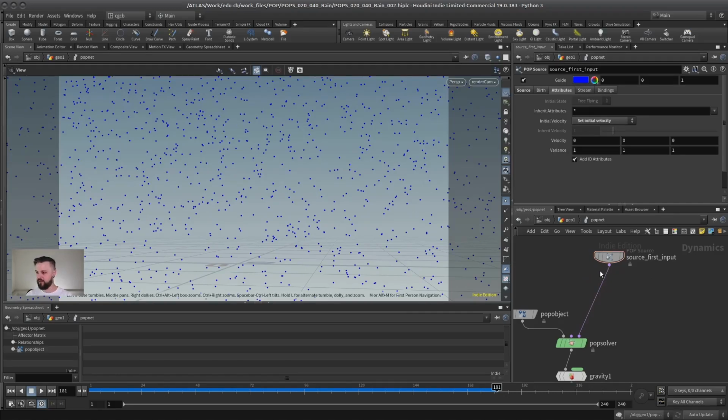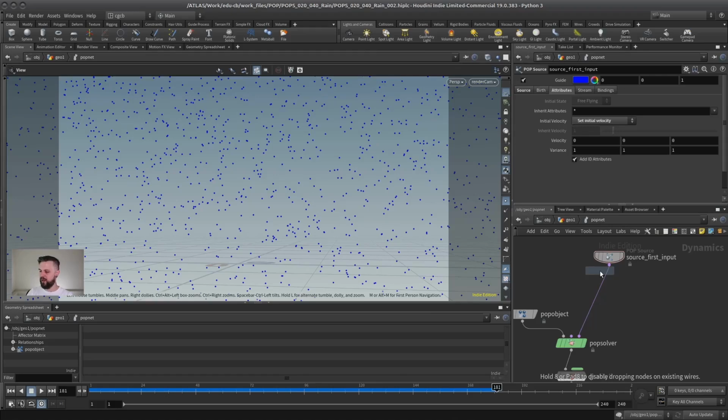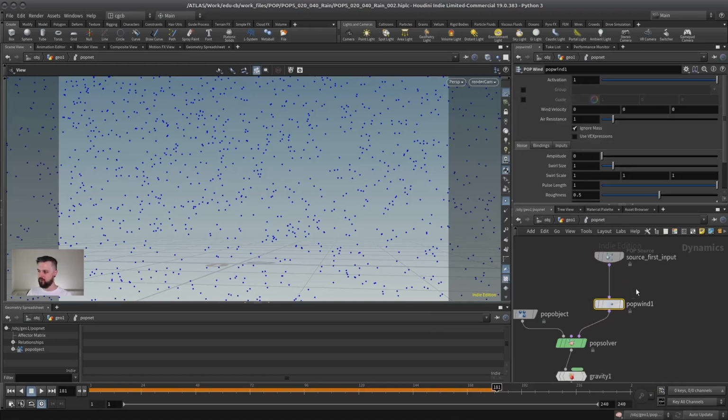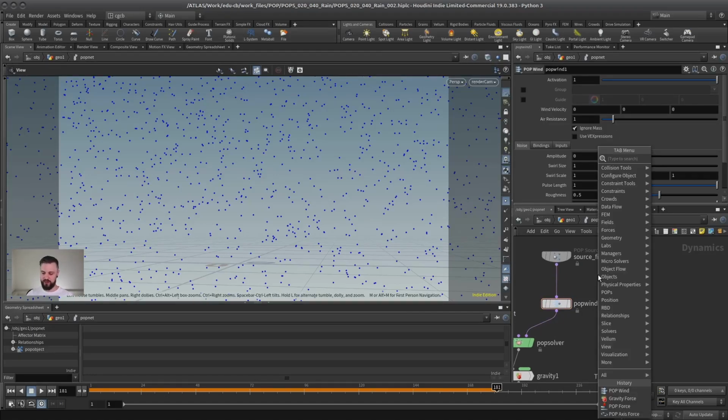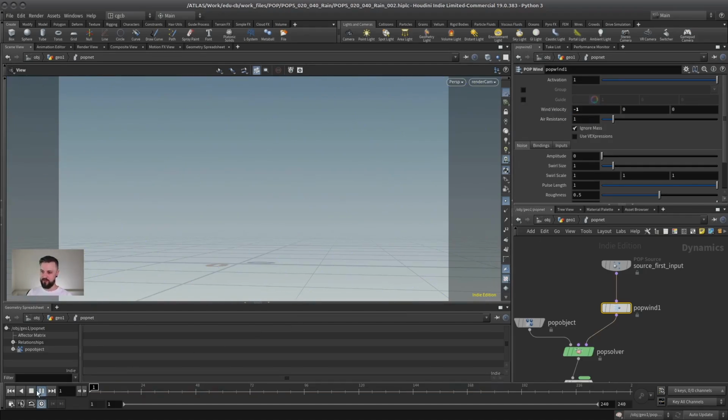And we can do this, for example, with a pop force or a pop wind. I use a pop wind because I usually think it's nicer to use a speed that never accelerates over a certain point, because that's what happens in reality because of the air resistance. You could have also used a pop force in combination with a pop drag to get the same result, but the pop wind kind of has both in itself in a way. And we add a little bit of velocity, and you can't see it, but this axis here we're looking at directly is x. So let's do -1, let's say,